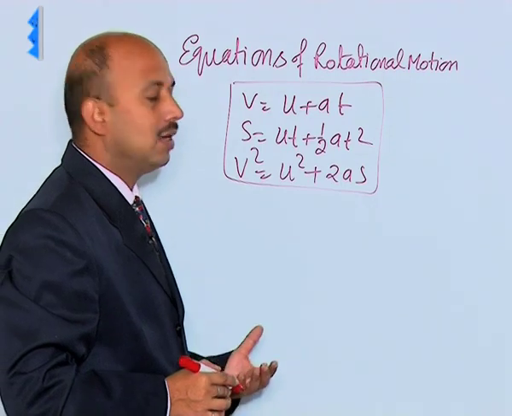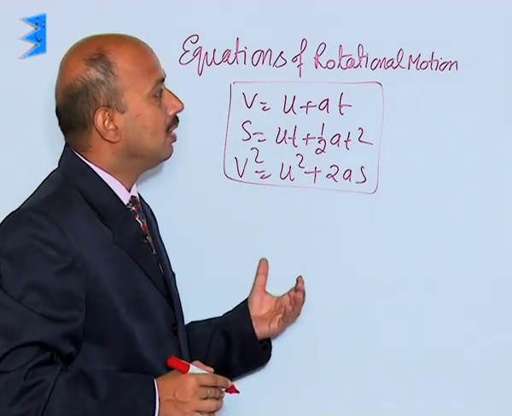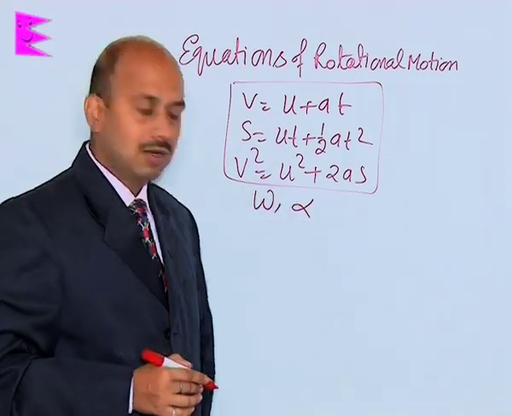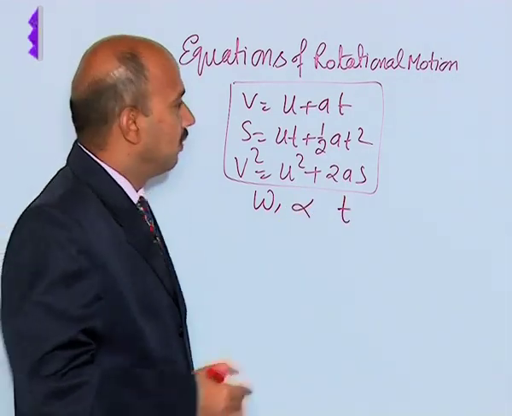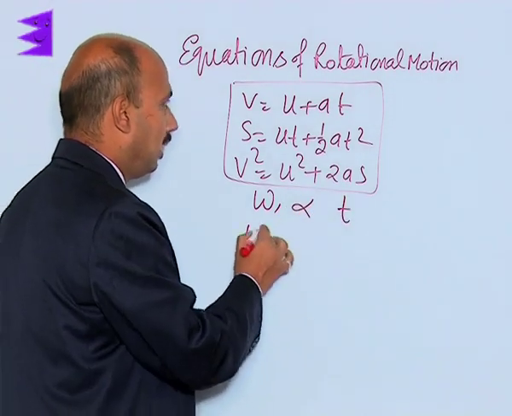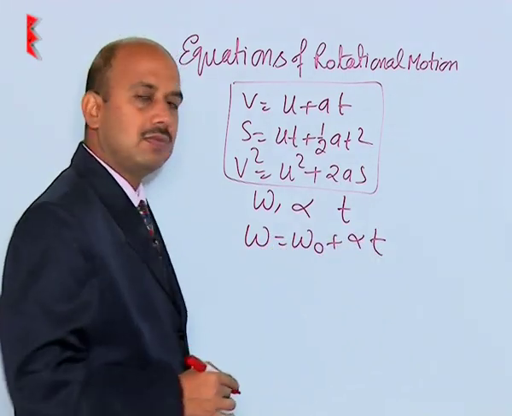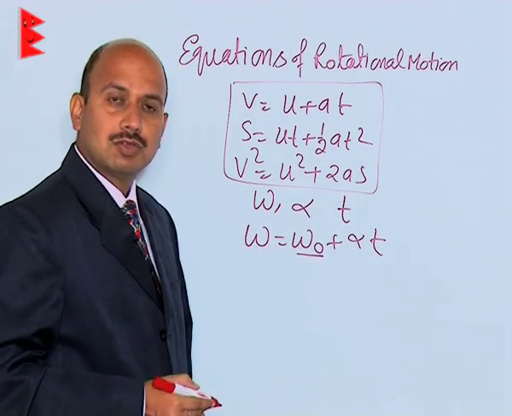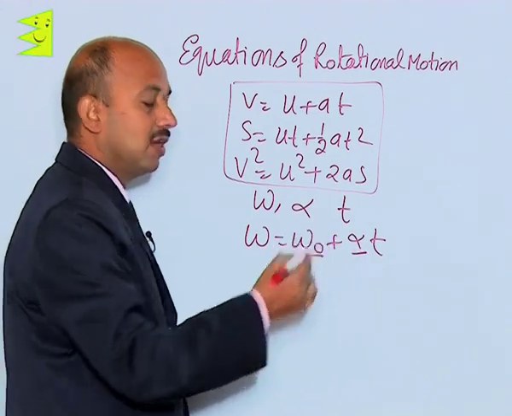Now, similarly, we can write the equations of rotational motion. Here we will take angular velocity omega, angular acceleration alpha, and then the time as usual, that is t. So, the first equation can be written here: omega is equal to omega naught plus alpha t. Here omega naught is the initial angular velocity and omega is the final angular velocity, and alpha is angular acceleration,